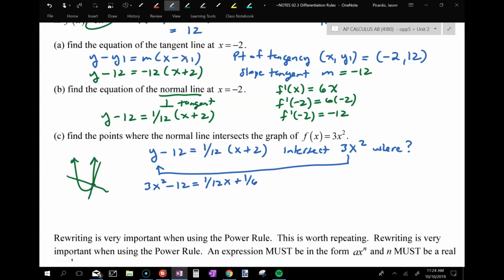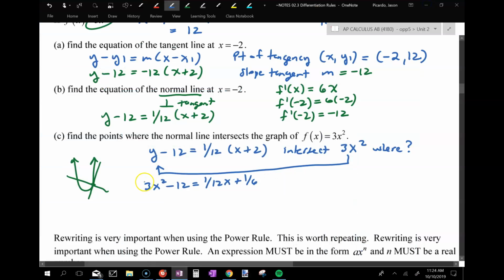This kind of sucks, doesn't it? Like all these fractions and stuff in here. How can I get rid of them all? I don't like fractions. If I multiply everything by what? By 12, right? Then all the fractions are going to go away, right? So in other words, if I do this,